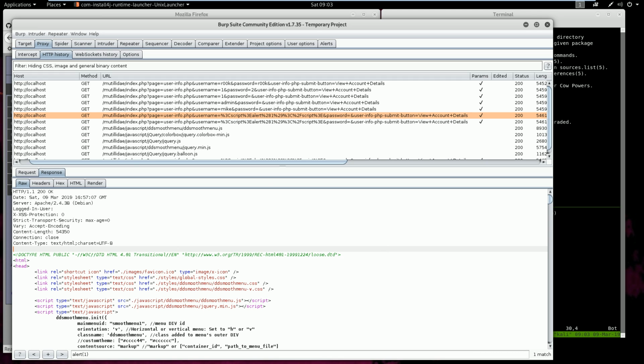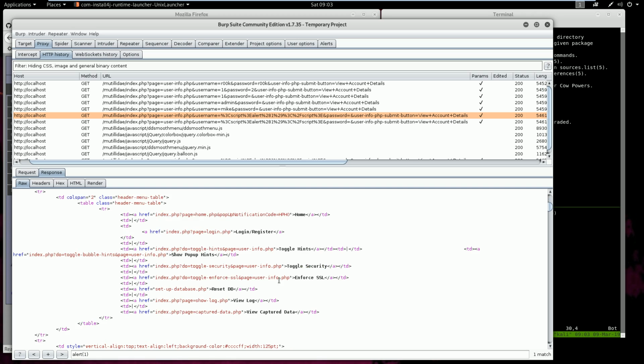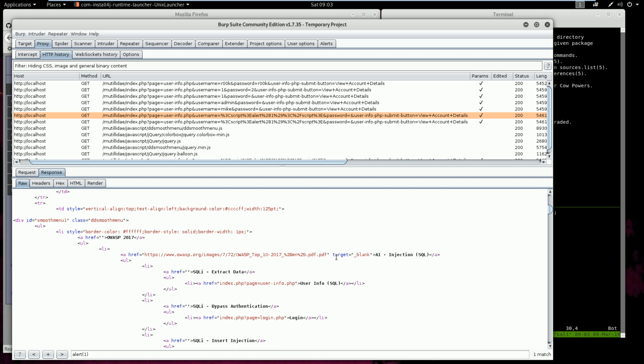So the next type of cross-site scripting, I mentioned that there's two that we're going to be talking about specifically. The next type that we can talk about is stored cross-site scripting. And that's generally when you have the ability to insert content into a website, either as an ad network, so you insert some sort of ad,